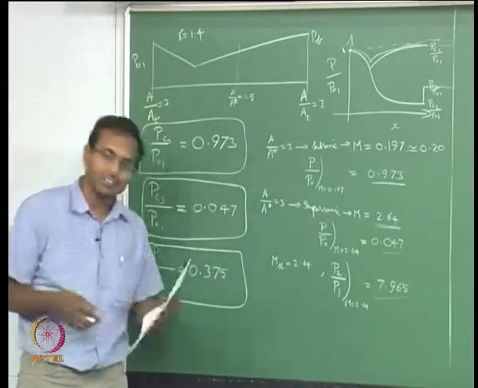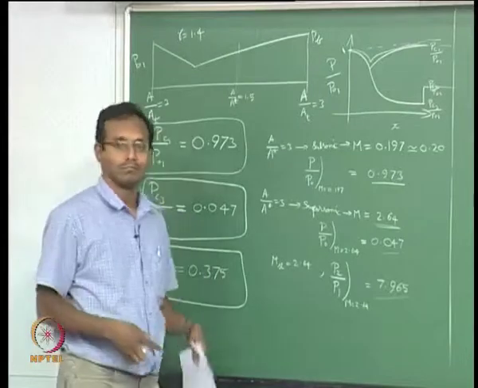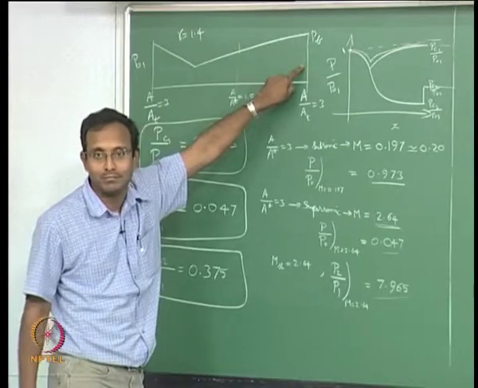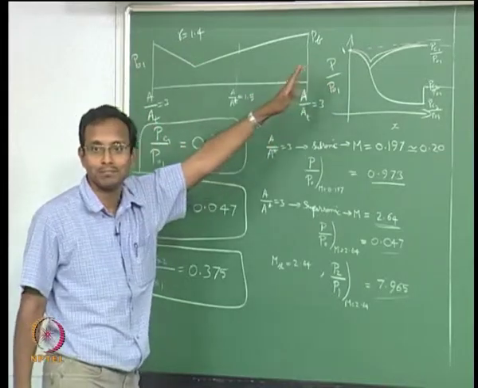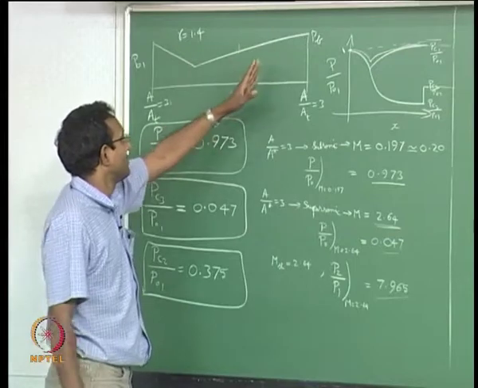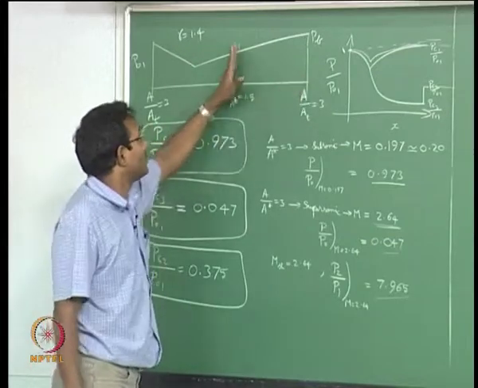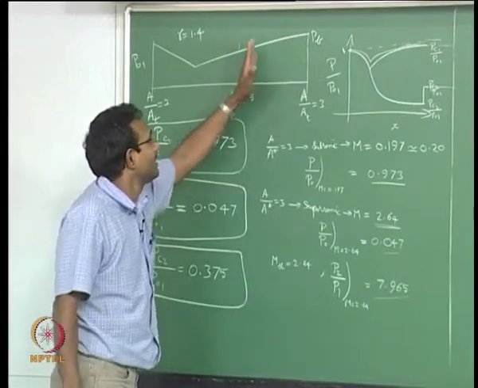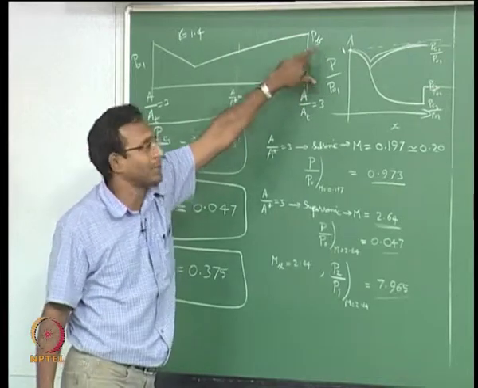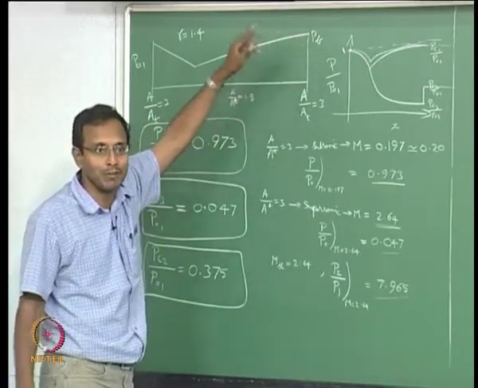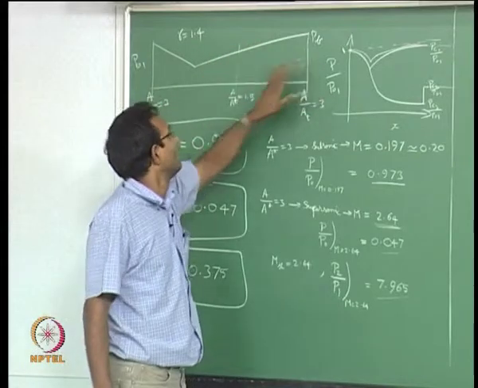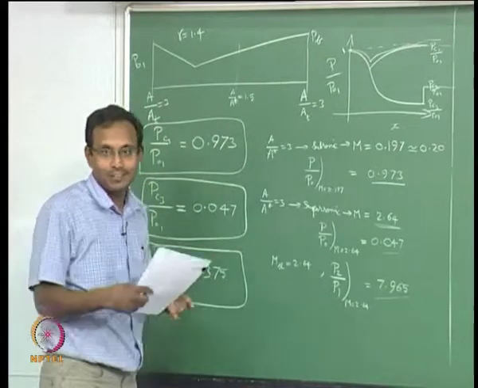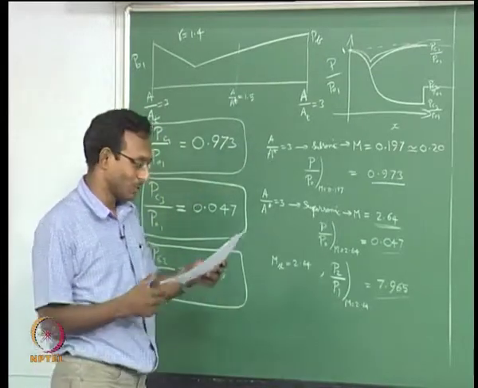The only way we can find this happens to be by guesswork. Okay, because unless I put a shock at a particular place, I cannot tell what will be the pressure downstream, and I have to solve the whole thing from left to right all the time. Okay, if I am doing that, I cannot tell what this will be unless I know this. So how will I think about matching the pressure here? I will have to adjust this till that pressure matches the back pressure. Back pressure is given to be 0.5 already, 0.5 of P01. Okay, so I have to keep adjusting this till I get to the correct pressure. This automatically calls for an iterative procedure. I have to go through iterations.